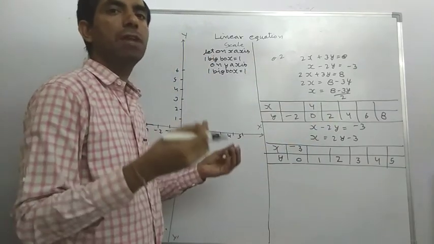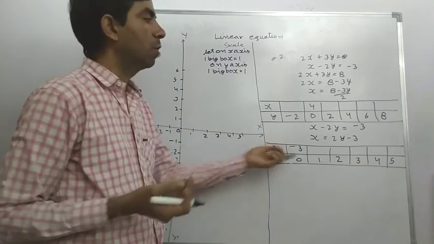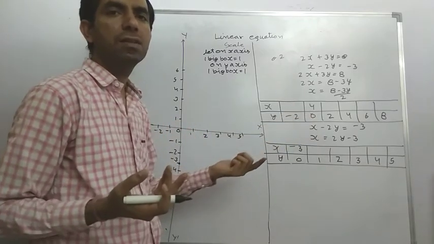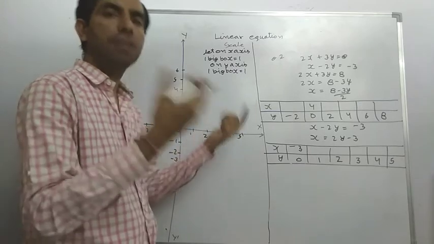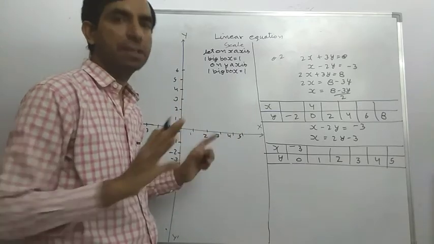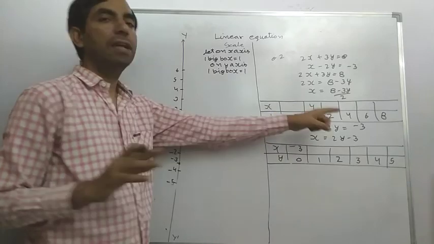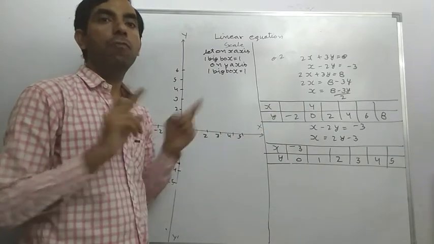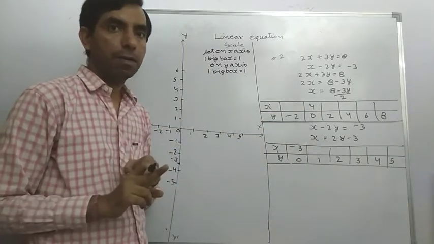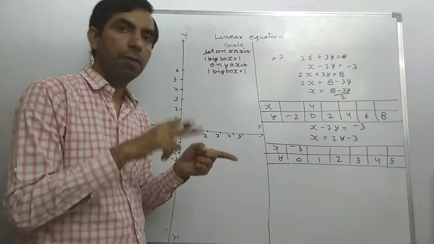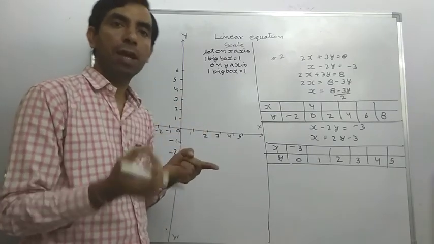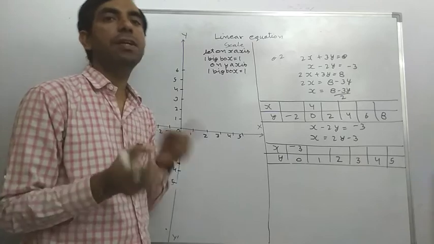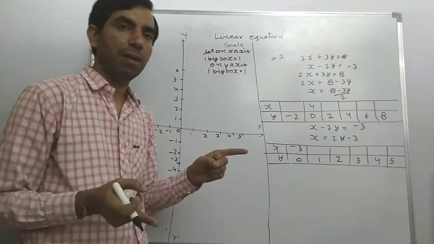It is our choice which value we want to find. If we want to solve the value of 2, that is nice. But if you want to solve any other value, it does not make any difference. So solve any one value. Now we add and subtract multiples of y. X times we add y multiples, and y times we take x multiples.